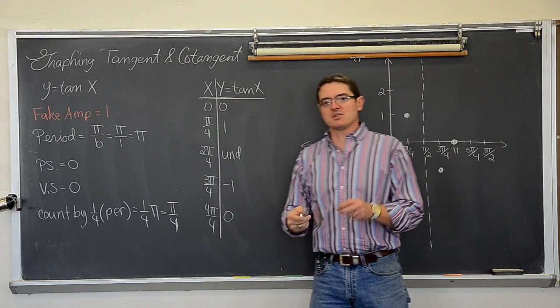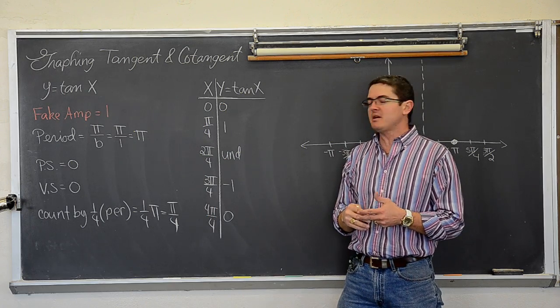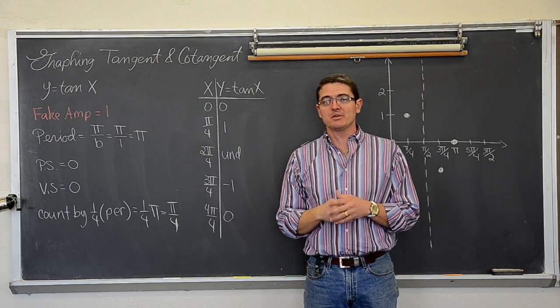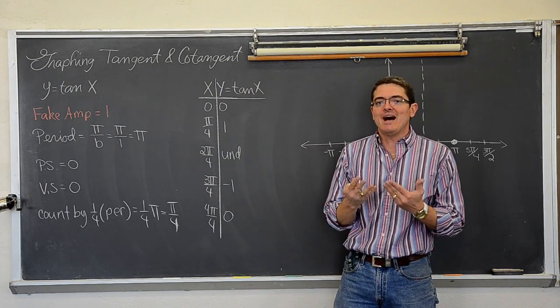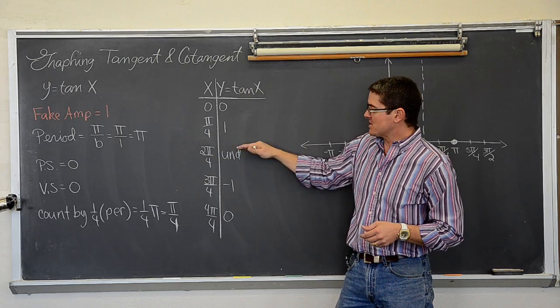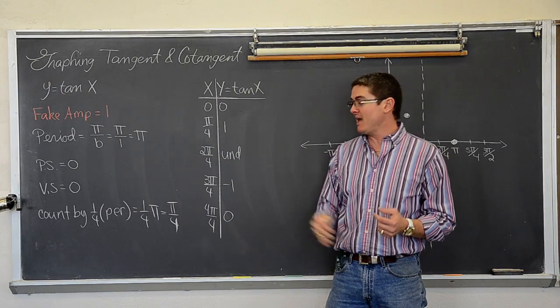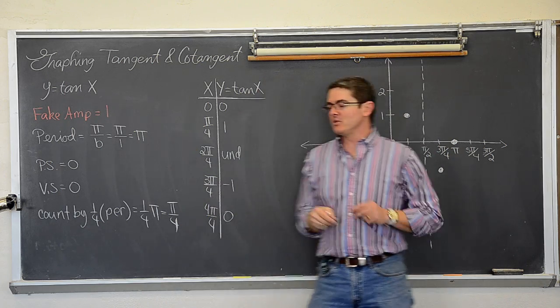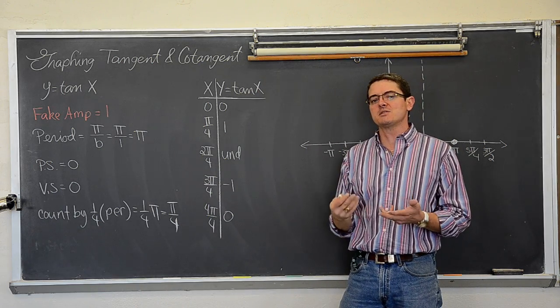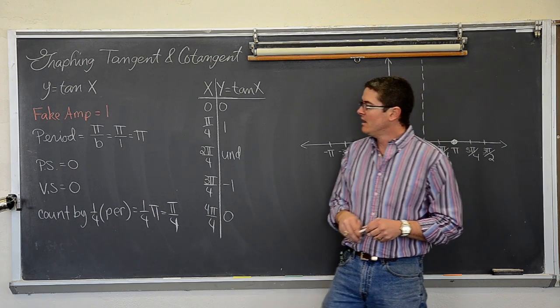I still like to point out this idea of fake amplitude, not because tangent has amplitude. When a graph goes up and down forever, there is no height to take a half of. But I'd like my kids to see that when they go down their t-table by hand, if their values are not separated by units of 1, the fake amplitude as I call it, they hopefully know they made a mistake on their t-table.